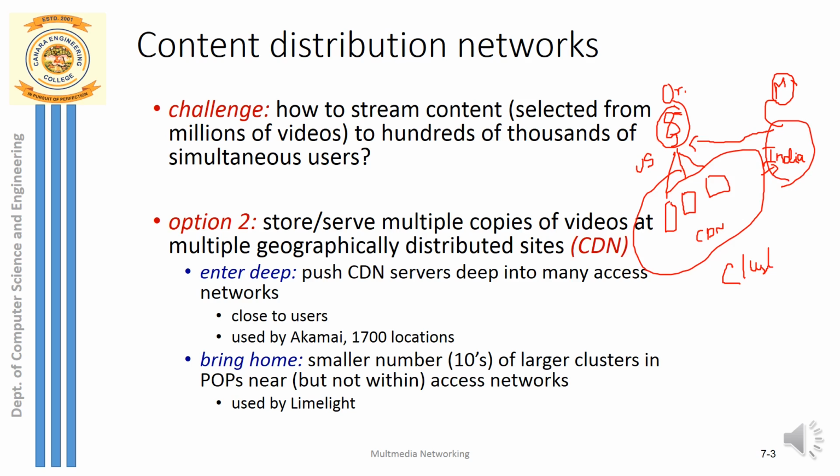Located in India, suppose I have a client in Mangalore who wants to send a request to the YouTube server to watch some YouTube video. In that case, his request should be redirected to the closest CDN cluster. There might be multiple CDN clusters, groups of CDN servers, available in India. So his video request should be sent to the closest CDN cluster. Right? Once it is sent there, his request will be redirected to one of the CDN servers, which is again closer to the client.